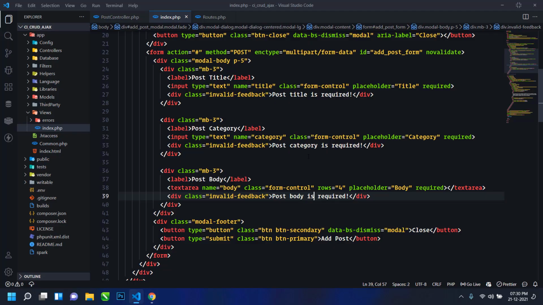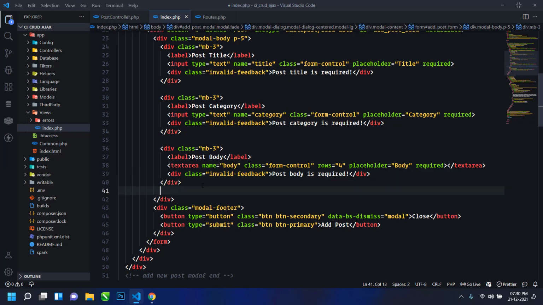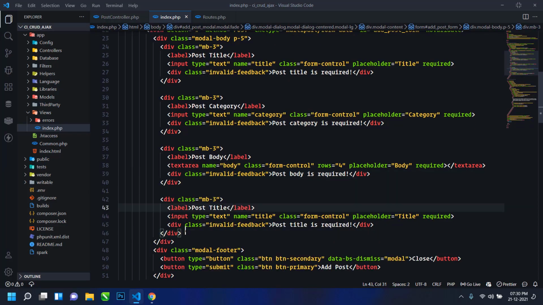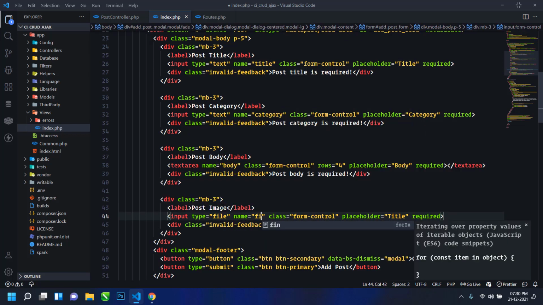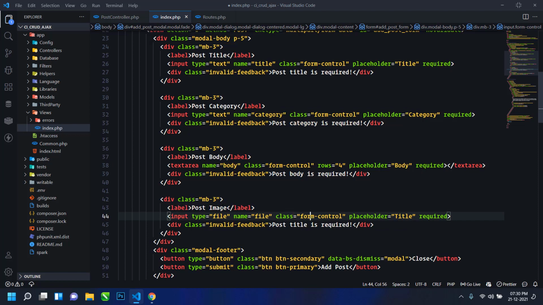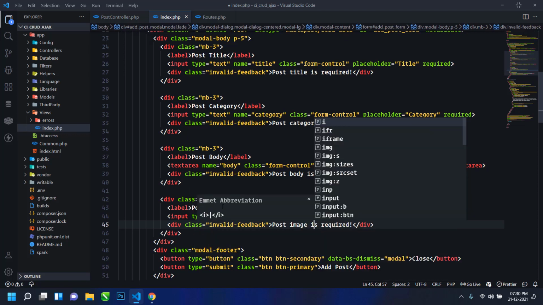Now one more field is left, that is the file. Just paste it here, just select right here post image. Here type will be file, name will be image, or just write file. And class will be form-control. There is no need of placeholder here, so just remove it. And here post image is required.